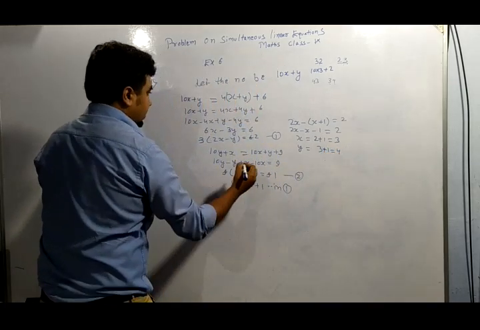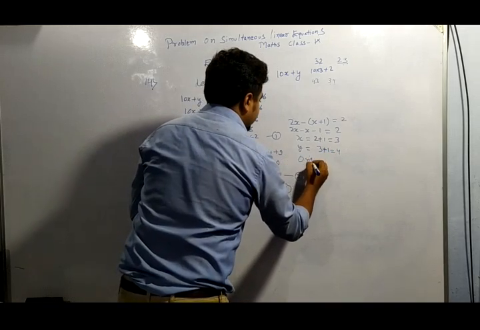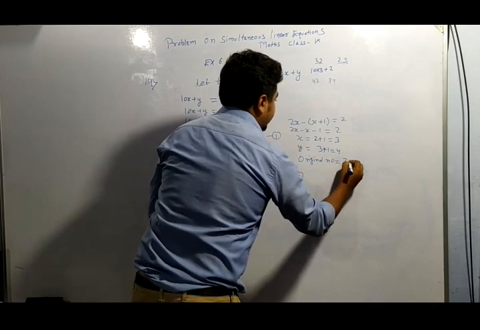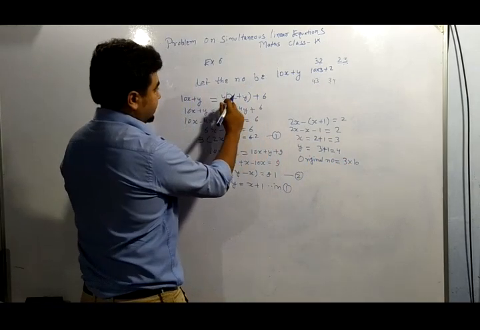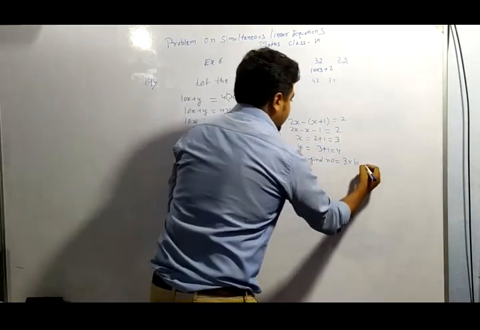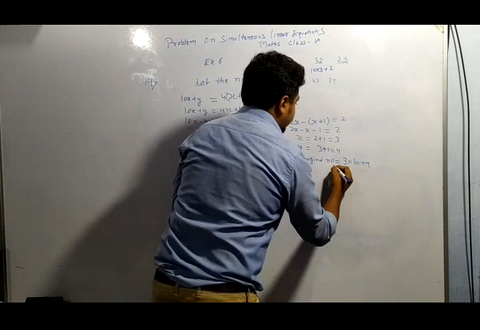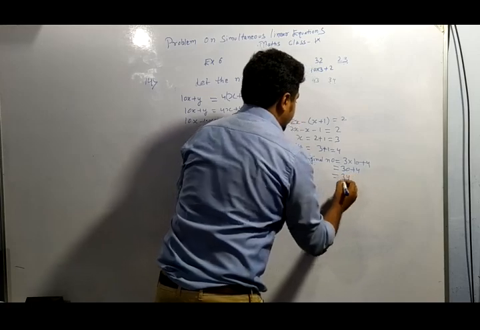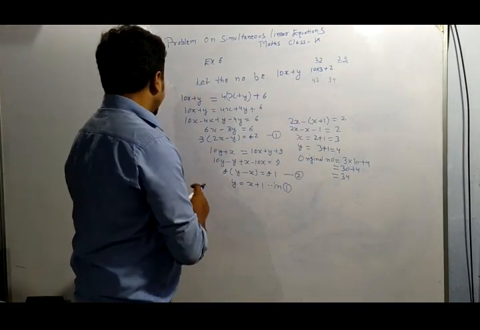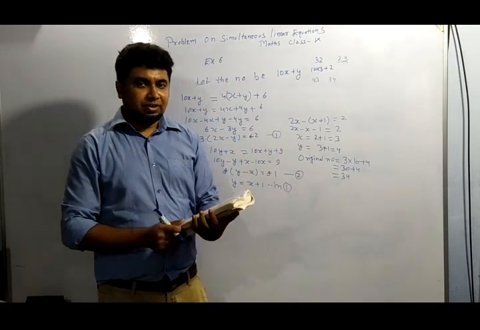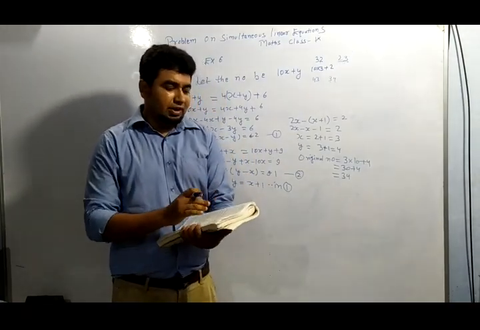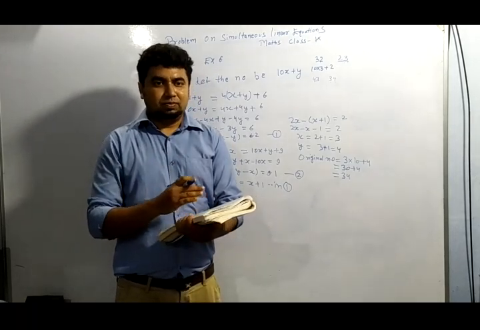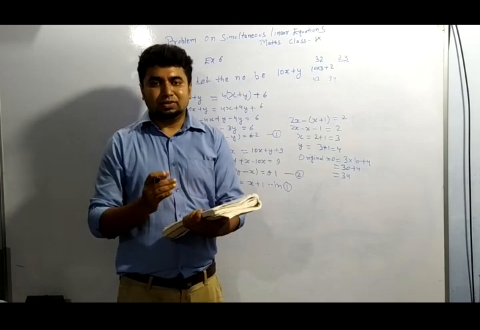So the original number is equal to 10x plus y, where y is 4. 3 into 10, 30 plus 4, which is coming out to be 34. So this is the original number. So we have completed up to question number 14. If you have any doubt, you can ask us and solve the remaining questions. Up to question number 14, if you are able to solve, and if you are facing any doubt, then you ask. Okay, thank you.